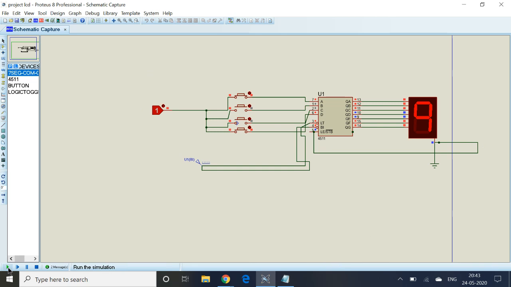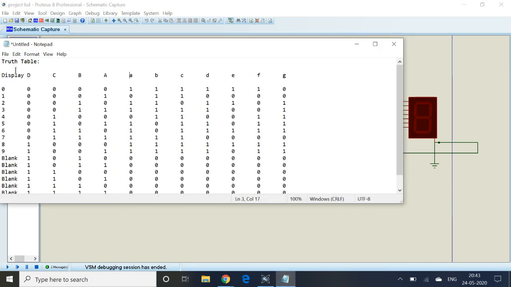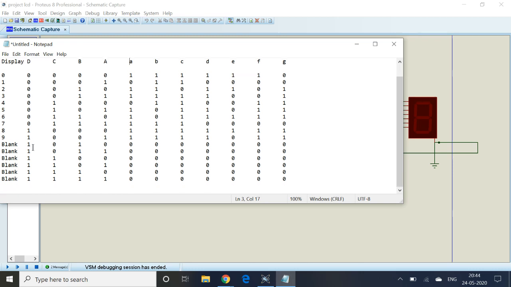Okay, let me show you the truth table for this. Here is the truth table as I told before. So this is the state for the values up to 9, and if D and B are high, then you see blank. That means nothing will be shown here. For example, let me show you.